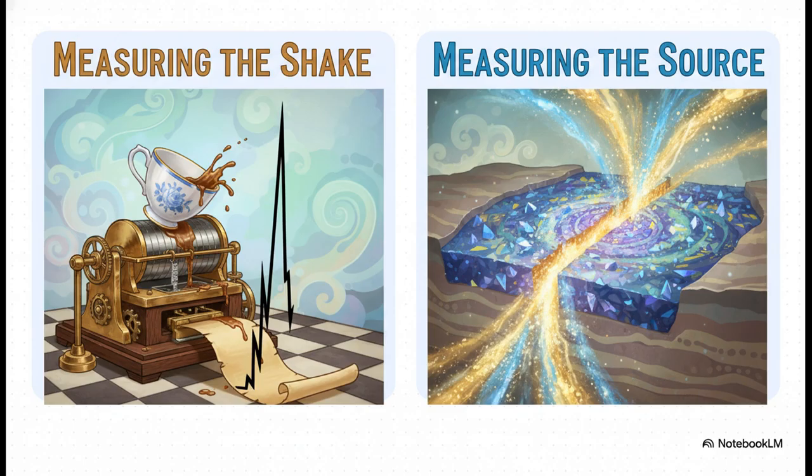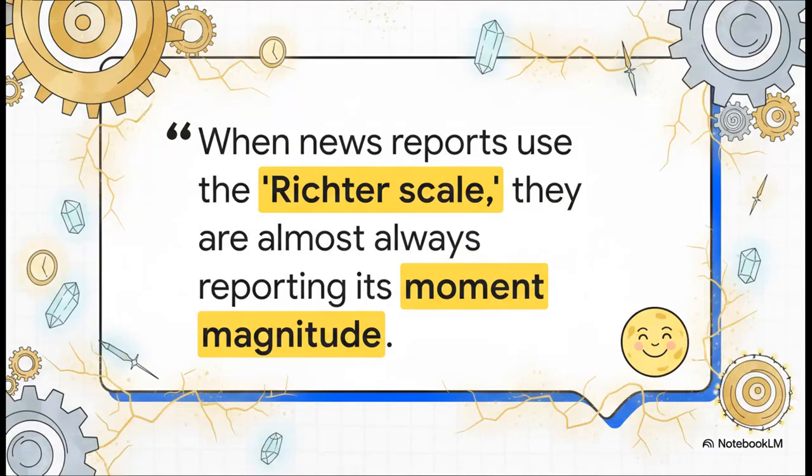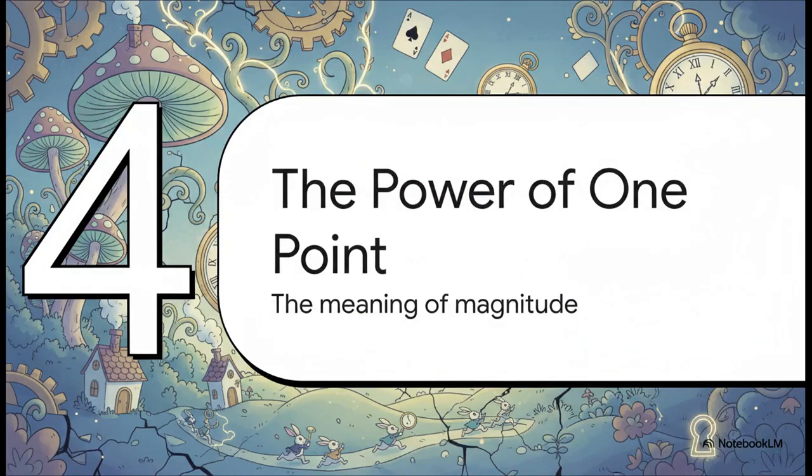But the modern moment magnitude scale, that's way more advanced. It measures the total energy of the quake based on the actual physical tear in the Earth's crust, how big it was, how much it slipped. It gives you a much better picture of the quake's true power. And this is a really important thing for all of us to remember. Even when you hear news anchors say Richter scale, and you will, the number they're actually giving you is almost always the more accurate moment magnitude. The name Richter just kind of stuck.